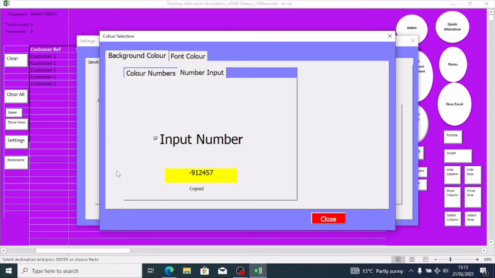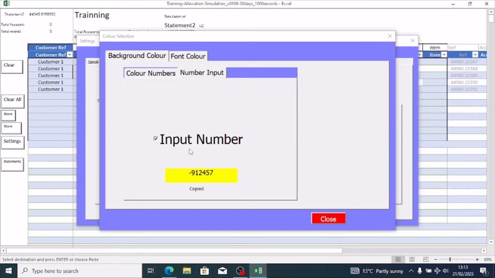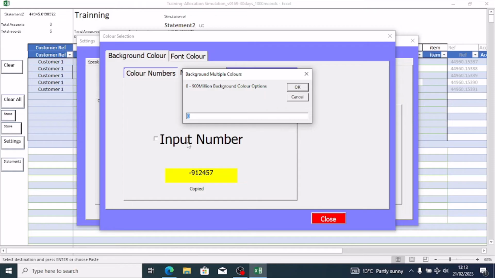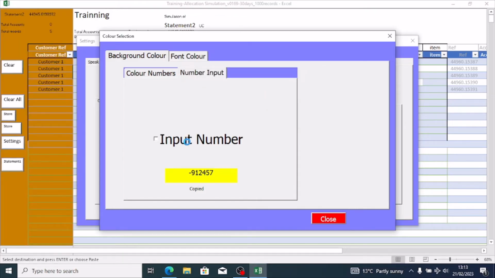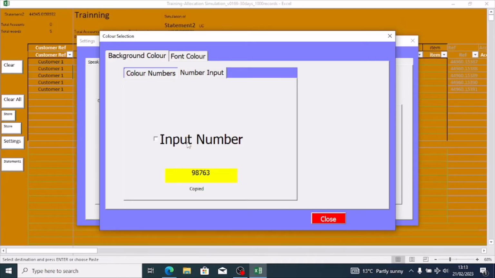Okay. Now, if I move on to statement 2, put a number, so input number. Your new color has been successfully applied. Sorry, okay. Now, I'm going to go back to